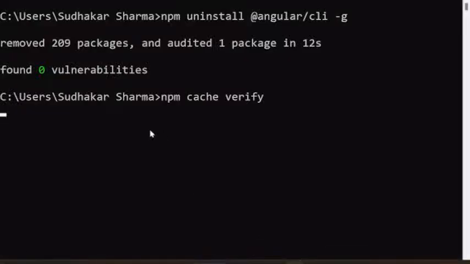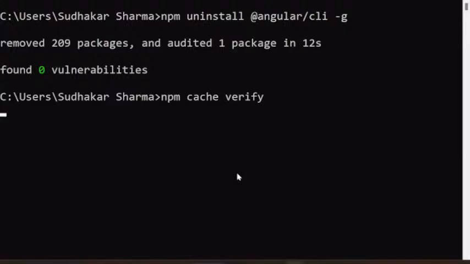So it is taking more time. Usually it will take more time because it is a huge library.